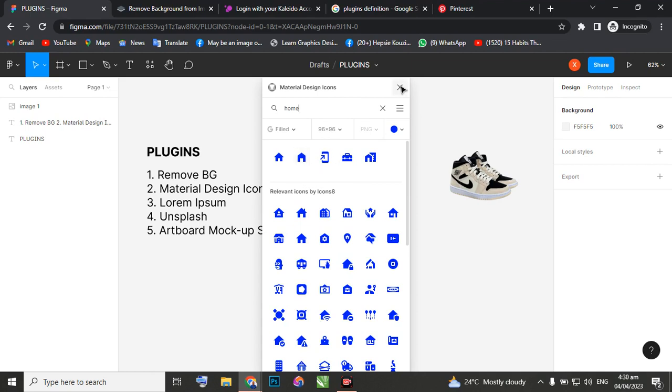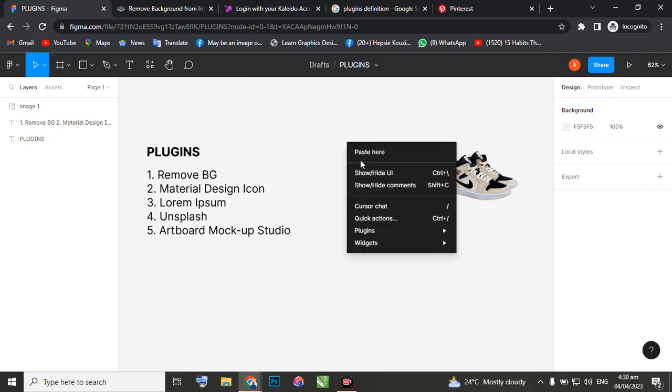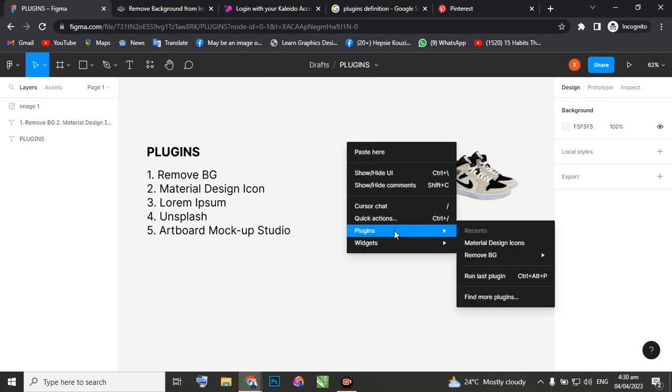So if you want to get it after installing, you just right click, go to plugins. I already have two plugins installed, the material design icon and the remove bg. So let's do the next one. The next one is